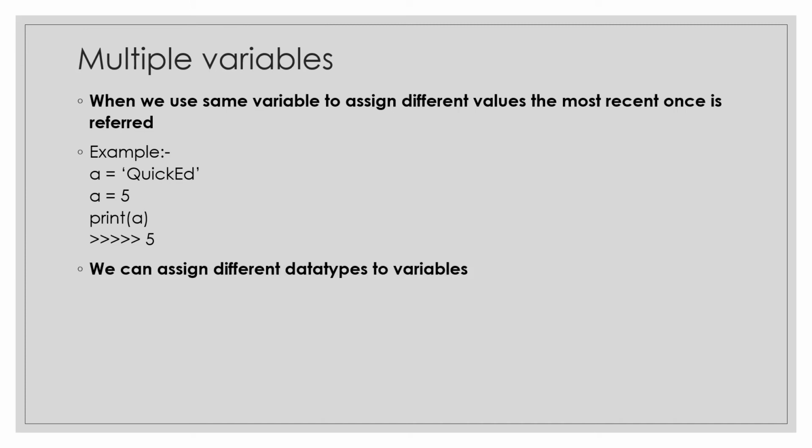The second case is when we assign different data types to the variable. So is it possible to assign different data types to the variable in Python? Let's understand with an example over here. I have A assigned a string value cats, B with 5.2 and C a list containing apple, mango and integer values. So here we can see it is accepting these values with different data types. So yes, it is possible to assign different values of different data types to variables in Python.